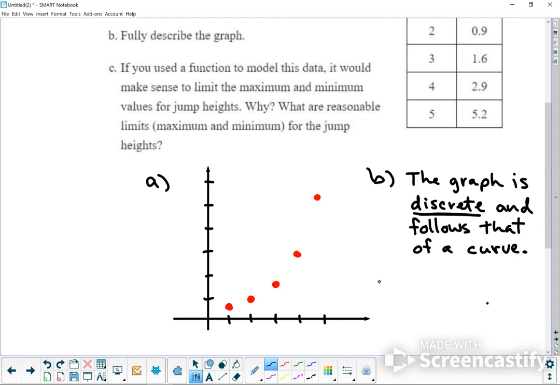And C, if you use a function to model this data, it would make sense to limit the maximum and minimum values for jump height. Why? What are reasonable limits for maximum and minimum for the jump height? You think about it. What's the minimum that somebody can jump? So I would say minimum